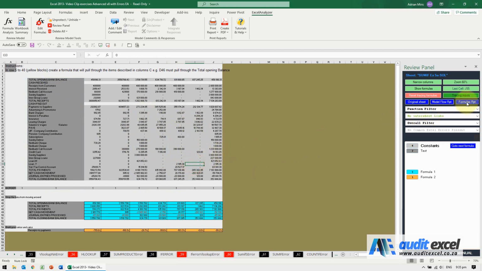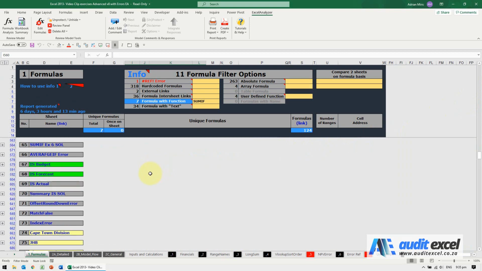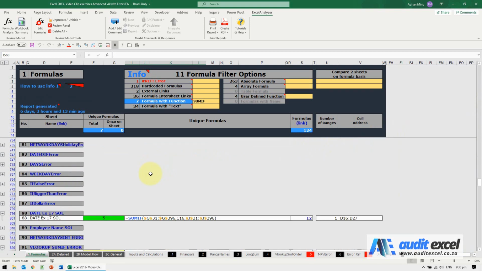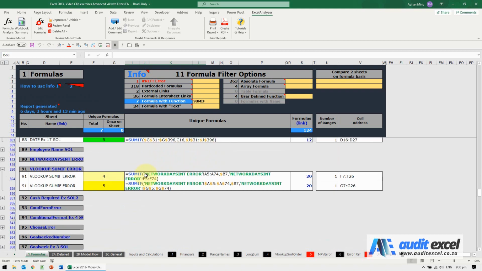So what we're going to do is go back to the formula report. So there's that. And let's go see if we can find another one. You'll see that seems to have dollar signs everywhere. Here, can you see this is now looking at another sheet. But notice no dollar signs on the sum and criteria ranges. So that's a risk. And we can see that there's 20 copies of it. So that is a risk, especially when no dollar signs are used.